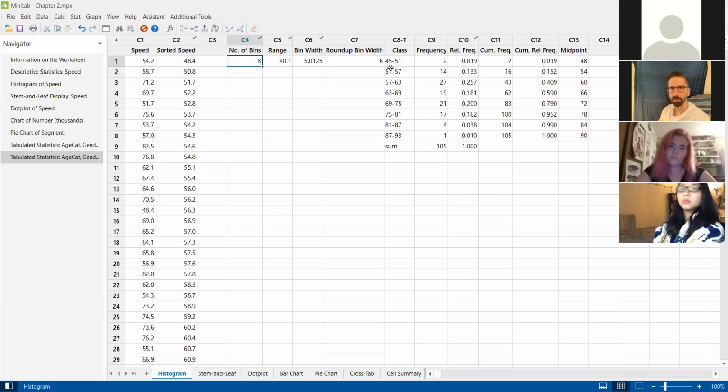And you could tell what the midpoints are, right? The difference between these two values, the midpoint basically is the bin width, 6. If you divide it by 2 and add it to the first number, that gives you the midpoint. You take half the width, add it to the beginning value, and it's another way of calculating the midpoint. So I just did it in my head. All right. So, and then to create the histogram,